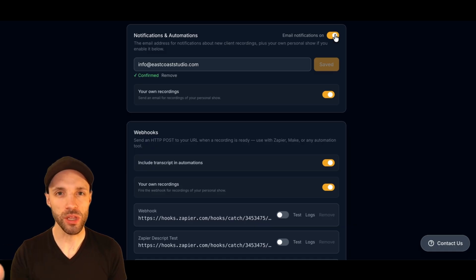The setting we saw earlier where each client has a switch, that is a per client control. Let's say there's only certain clients you want to get emails for some reason, you can control that there, okay? So this is the email address you would have the notification sent to, because it might be different than your account email address. And also this switch here is for your own recordings, notifications about when you record an episode, because as a studio account owner, you do have your own show there as well, a personal show we call it, where you might have a podcast and you want to record there. So this determines whether or not you or your team gets notified about that podcast as well